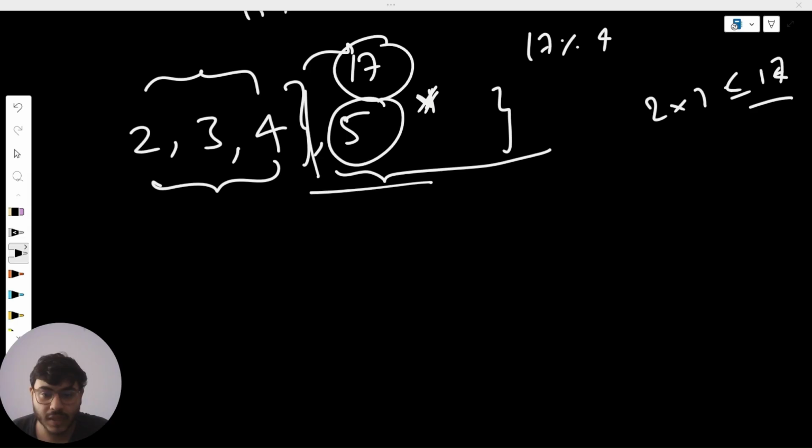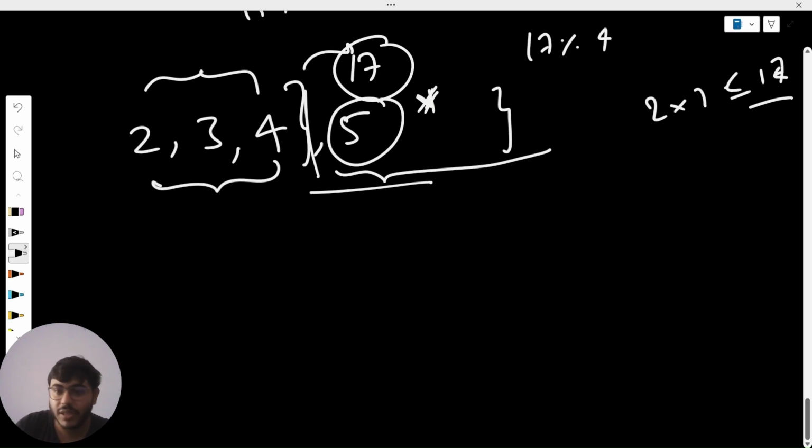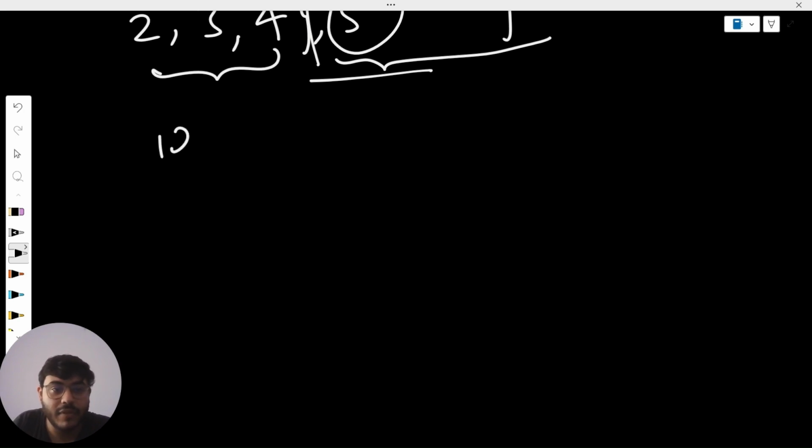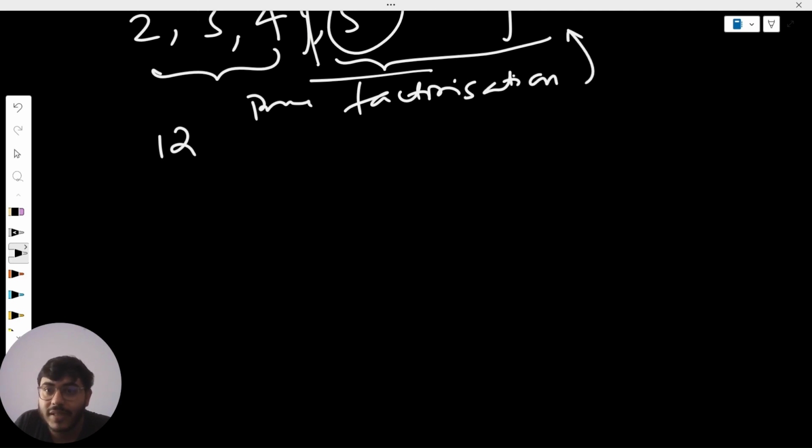Okay, so now let's talk about the prime factorization of a number. What does prime factorization mean? Prime factorization means that every number can be represented as a product of powers of prime numbers, right? For example, say we have 12. We have already seen factorization: the divisors we calculated above are also known as factors. So prime factorization basically means representing this number as a product of powers of